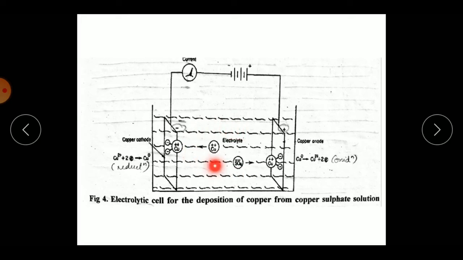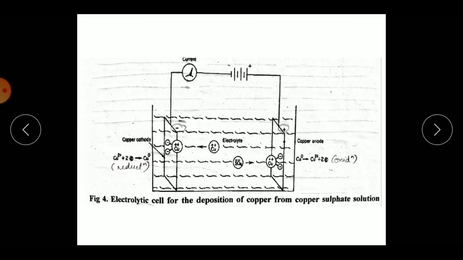The cation, that is Cu2+ in your electrolytic solution, will start migrating towards the cathode, that is negatively charged as shown here. When it migrates towards the cathode, it will get deposited as metallic copper, that is in the form of Cu0, metal copper having zero oxidation state. So your Cu2+ will go and deposit on the cathode as Cu0. It is given by this reaction here, that is Cu2+ + 2e- gives Cu0, that is zero oxidation state of the metal. So here there is reduction that is occurring.